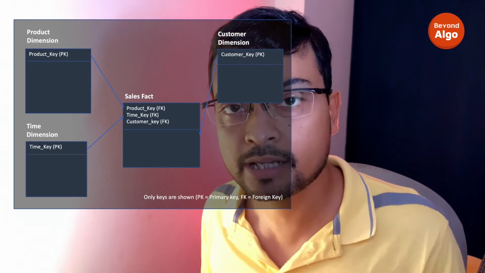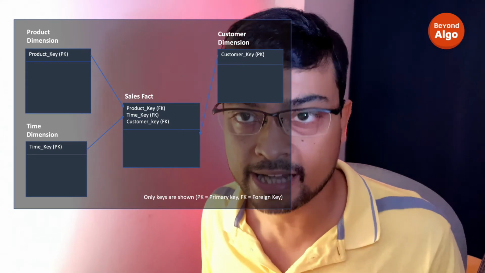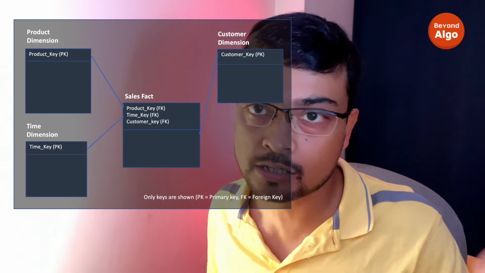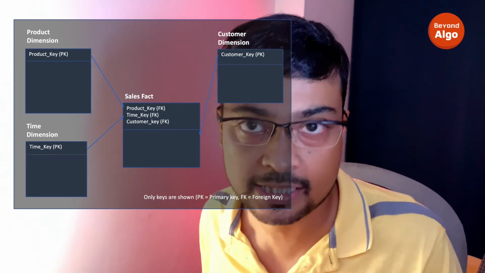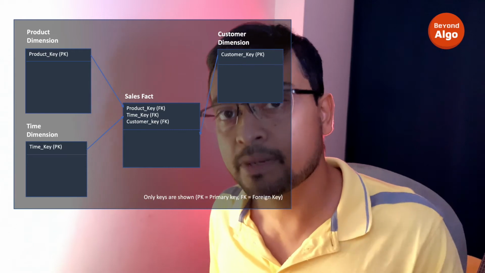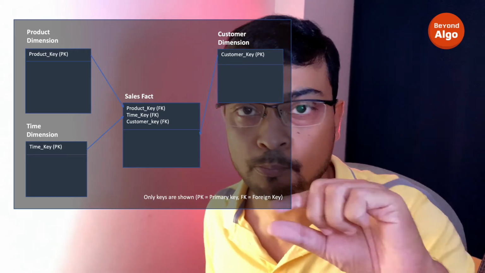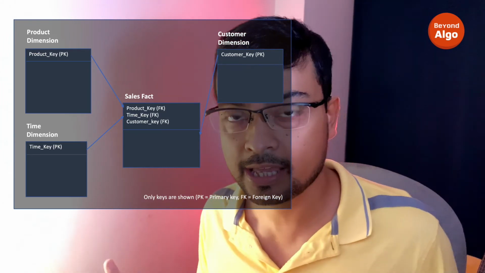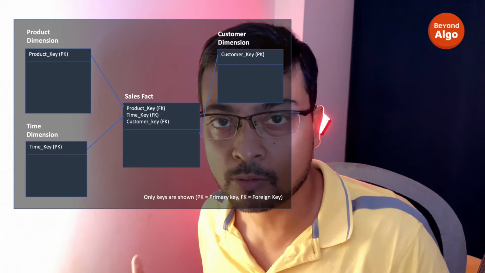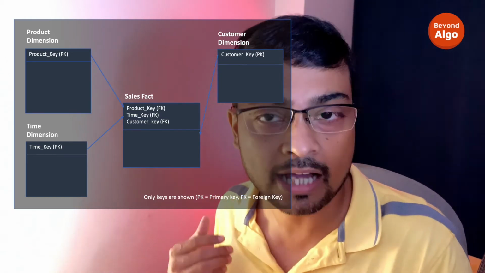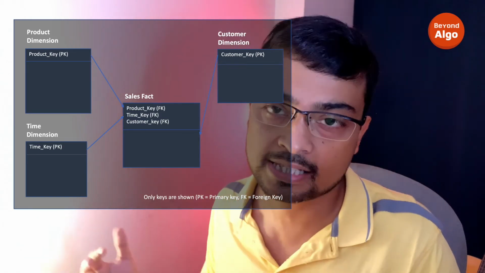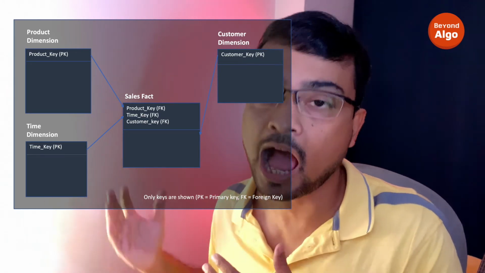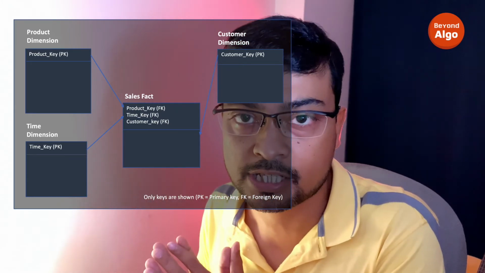Now the time dimension table basically represents a single point in time. That point in time can be measured in seconds or minutes or hours or days or anything, depending on your business requirement, but each record of the time dimension table will represent a particular point in time. Now moving on to the customer table, this table, as you can guess, will hold all the information about the customers. Again, if I want to store the customer address, the customer telephone number, etc., I will put all that information in the customer dimension table.